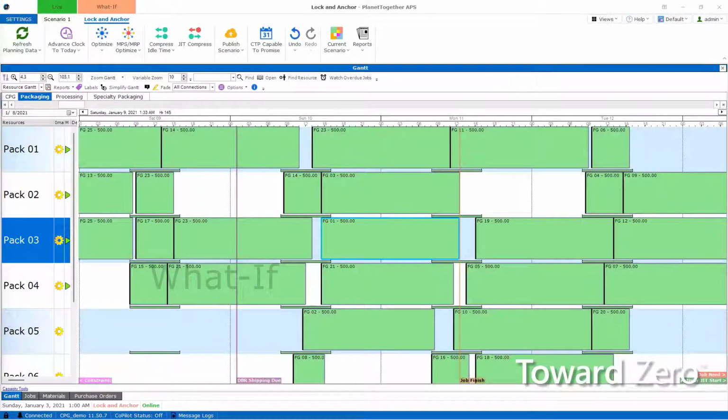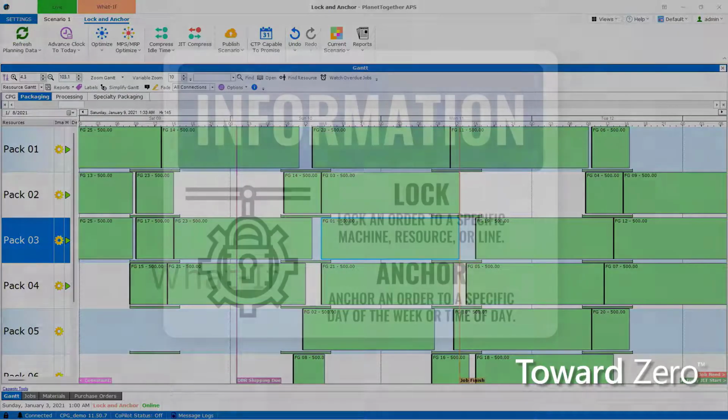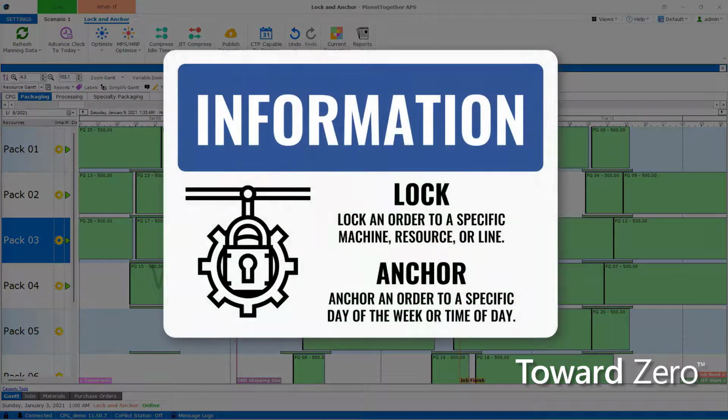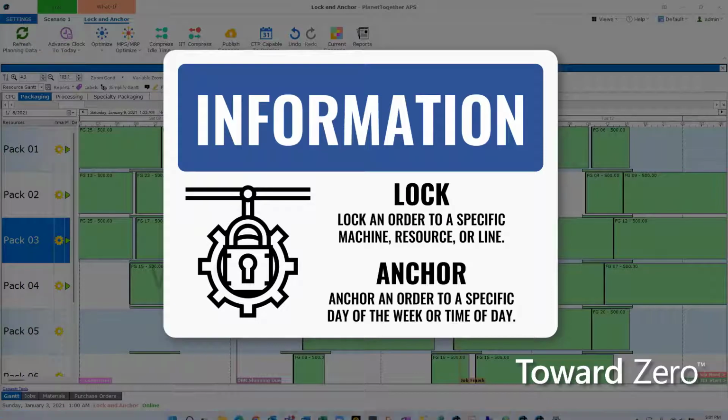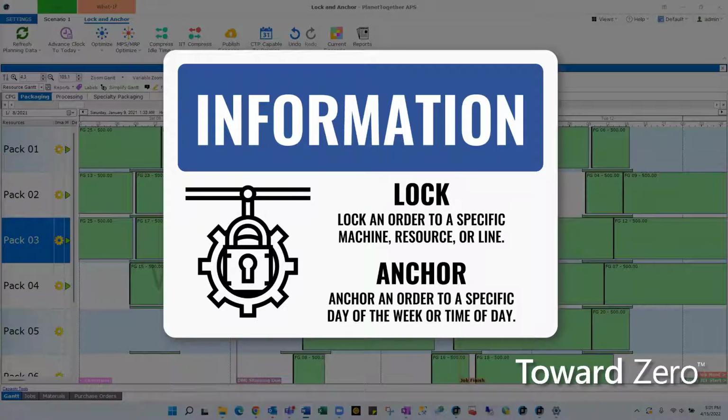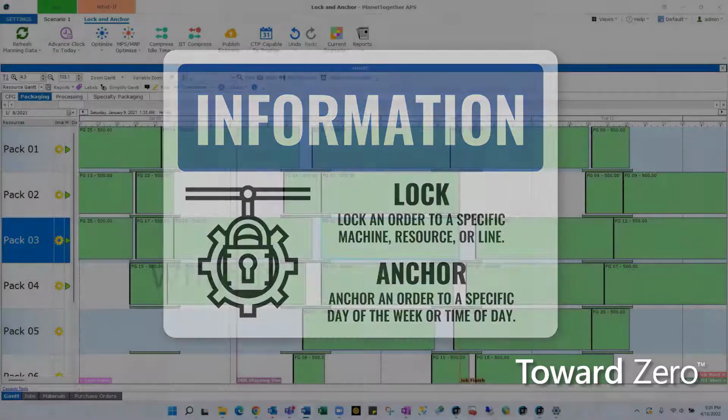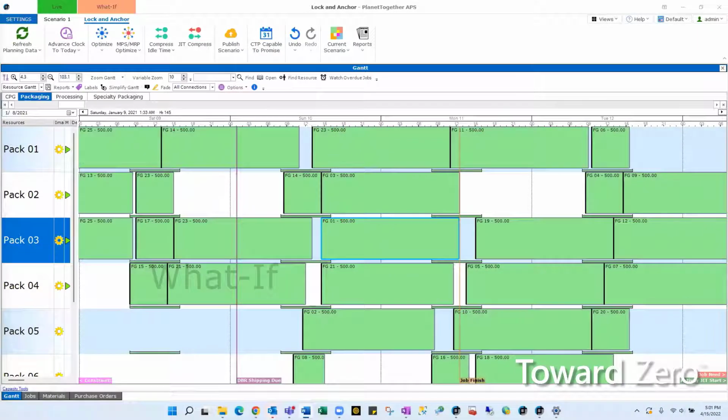PlanetTogether has scheduling features called lock and anchor. Lock allows you to lock a particular order to a currently scheduled work center or line. Anchor allows you to anchor a particular order to a currently scheduled time. These features may be necessary to keep orders locked to the work center or line or anchored in time during